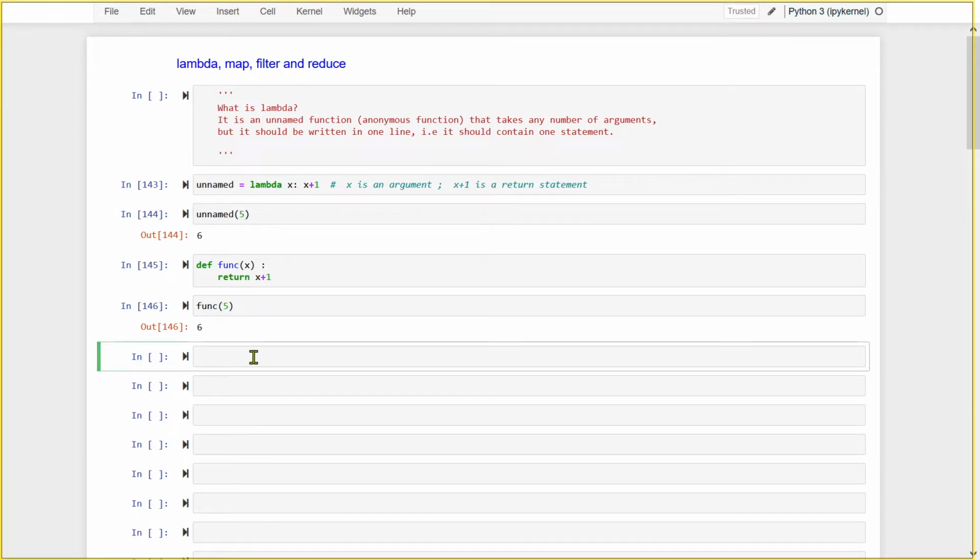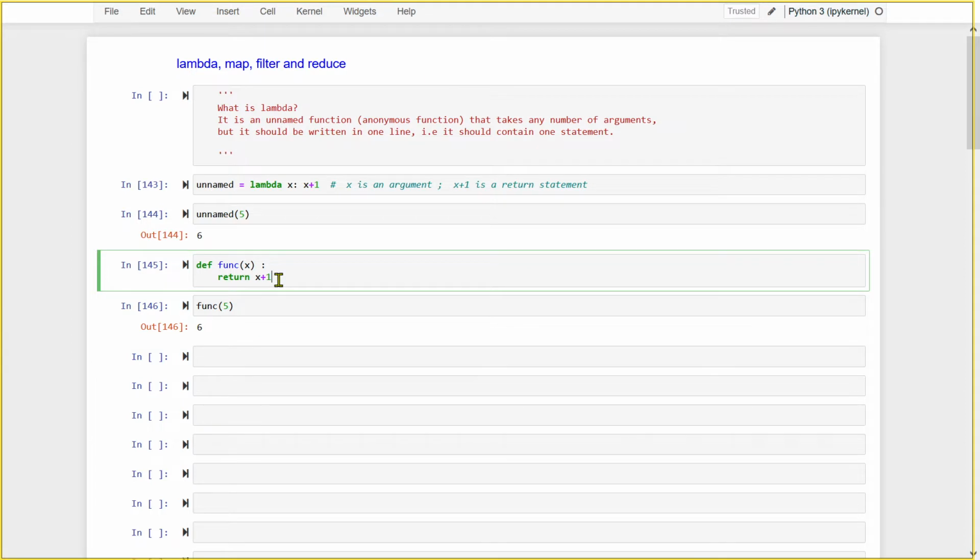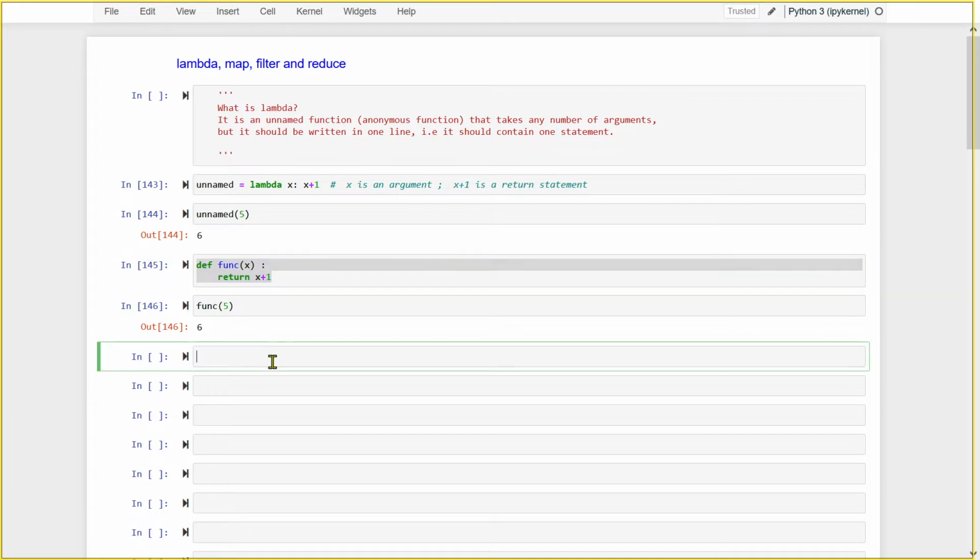Now you may ask, if I can write like this, then why this complication? So the point is this, that there will be many scenarios where you would think, why store a function? Let us do that functionality on the fly. So just don't store it. There is no need to store it. So what is the use case? Where exactly do we use it? So let us discuss map.